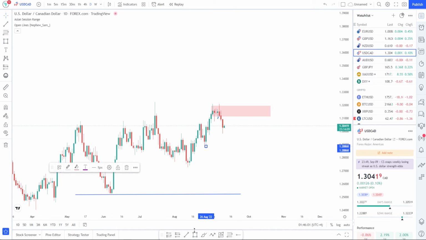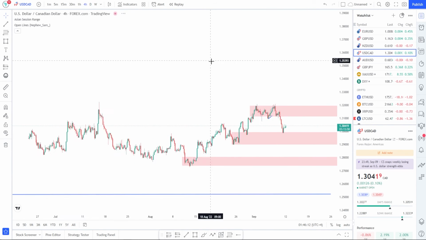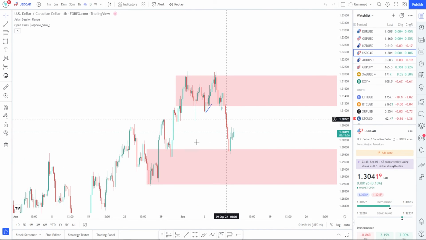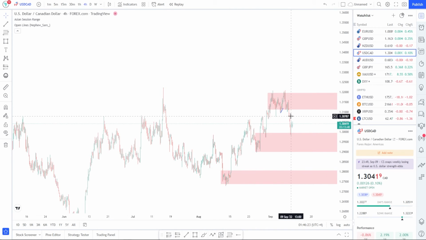Okay, so I'll have this POI on the daily time frame, and I'll have this area of interest as well on the daily time frame. Let's go into the 4 hour time frame and see what we see. Again, on the 4 hour time frame, this order block is giving a strong reaction towards the upside. So again, it's like a ping pong game right now,